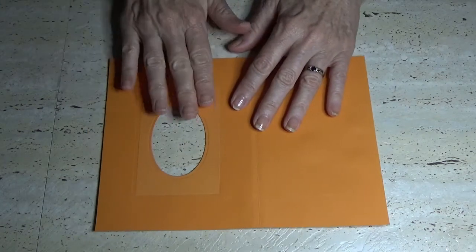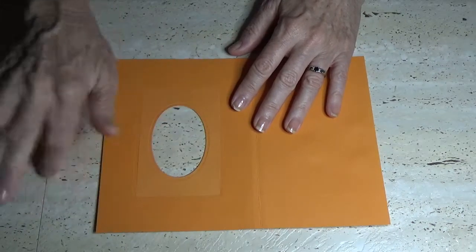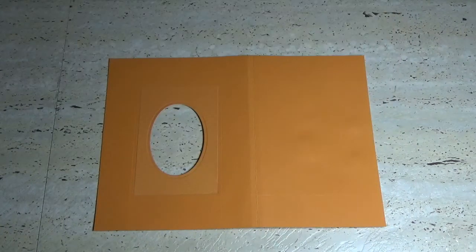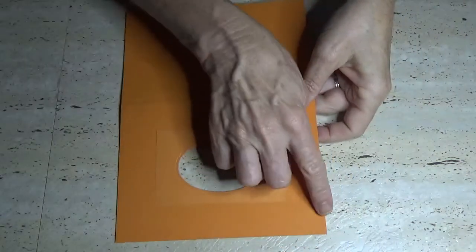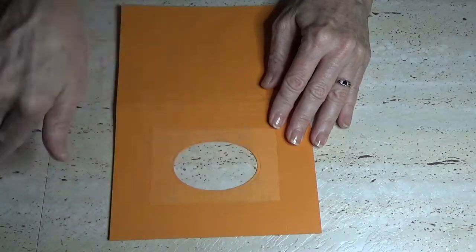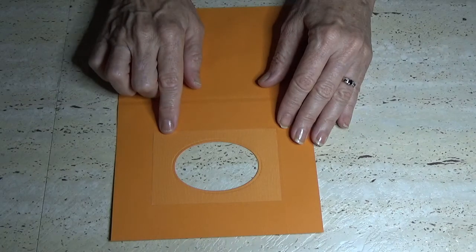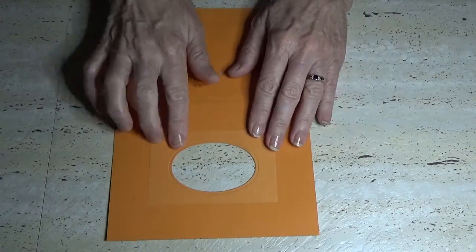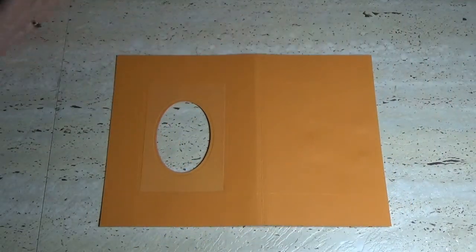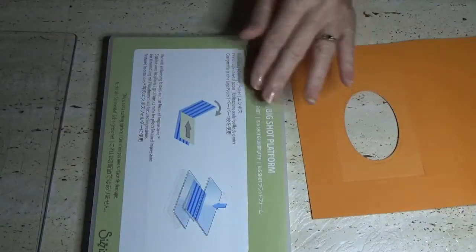And then, I didn't have a punch that I could cut out the top with. So what I did was I used a framelit. Now to do that, because this is too wide to go through your Big Shot, I've put my panel of DSP on the top here, and I will give you the measurements of the DSP shortly. But how I did this was I put it sideways, and then I had my normal Big Shot platform,